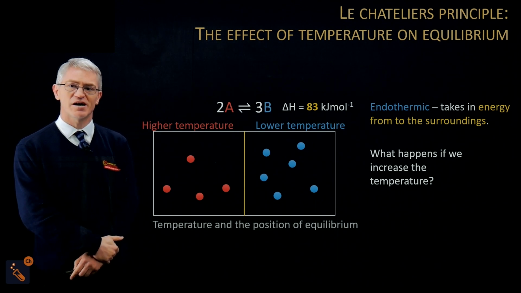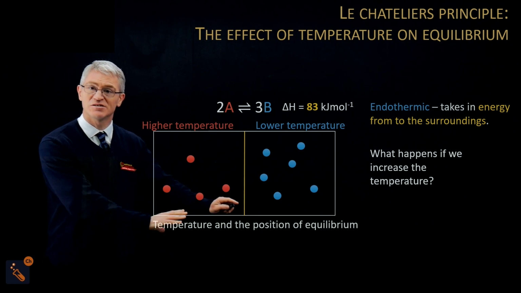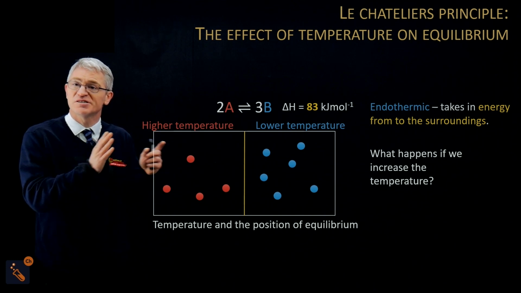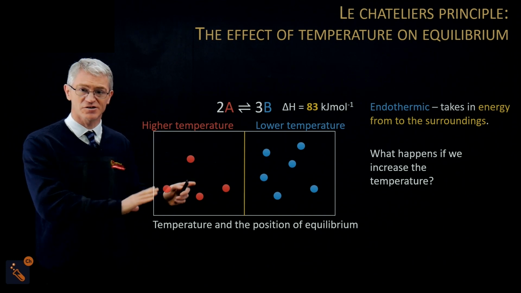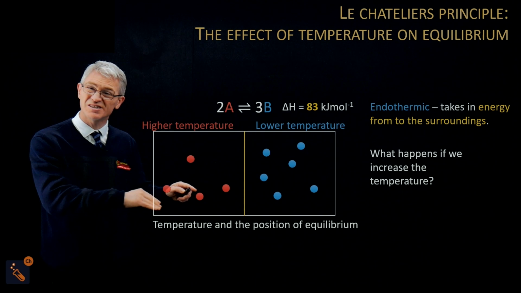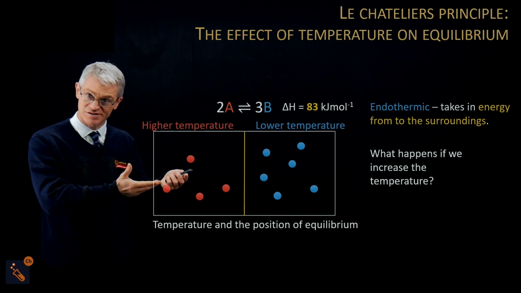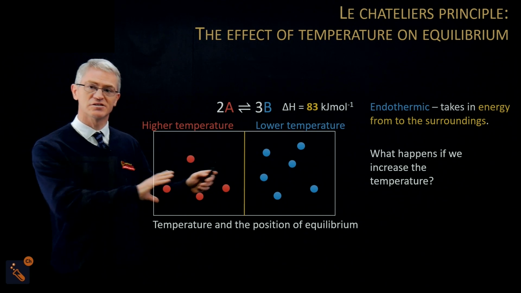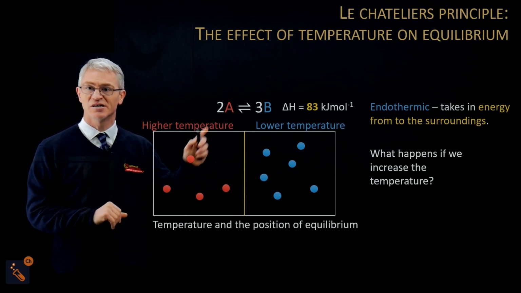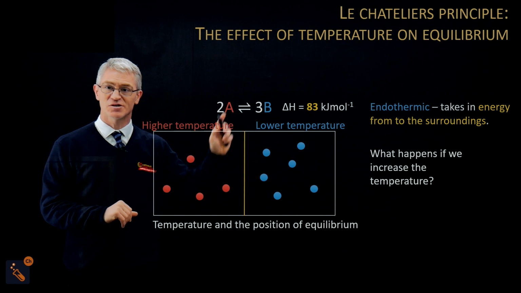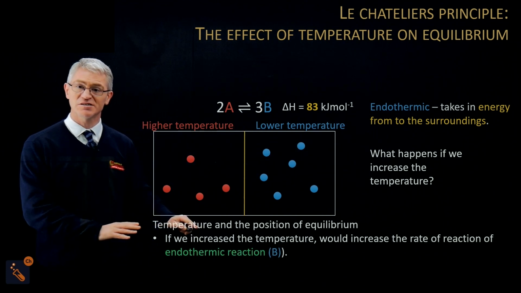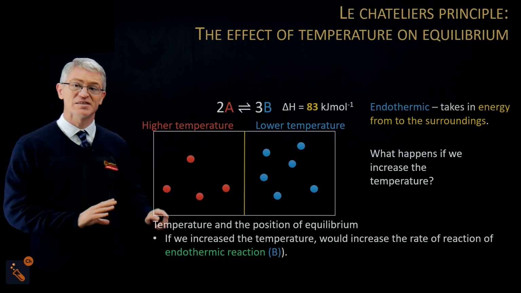Now let's have a look at what actually happens to the temperature and the position of equilibrium. Remember, it's going to do the opposite of what you apply. So what happens if we increase the temperature? It's going to want to decrease the temperature, by whatever way it can. And the only way to decrease the temperature is to make more of B, because if we make B, we lower the temperature. So if we increase the temperature, it would increase the rate of reaction of the endothermic reaction,